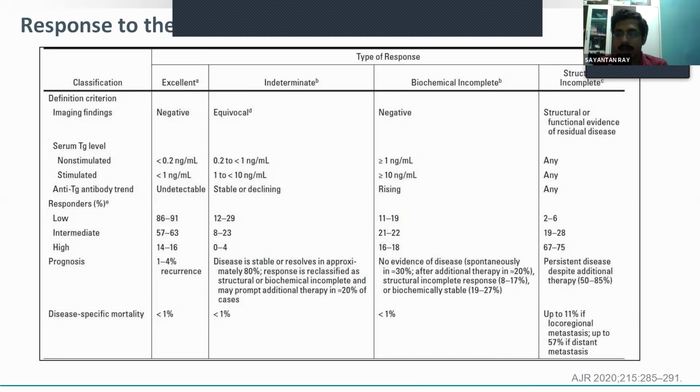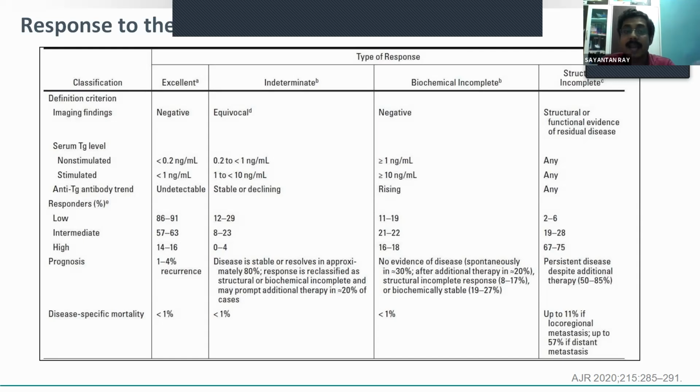DTC is treated with total thyroidectomy and radioiodine therapy, here we have classified the response to therapy. The type of response could be excellent, indeterminate, biochemical incomplete, or structural incomplete. For excellent response, it requires all 3 definition components. That is, negative imaging findings, the serum thyroglobulin non-stimulated less than 0.2 and stimulated less than 1, and the anti-TG undetectable. And you can see the proportion of patients in the low, intermediate, and high risk achieving the excellent